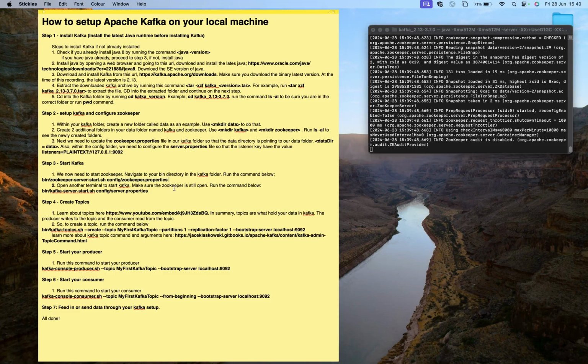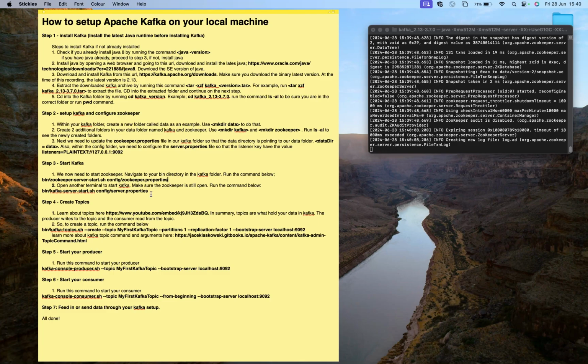That's some troubleshooting done here. So then once you've done that, open another terminal to start Kafka, to start your Kafka server properly. Make sure the zookeeper is still open. Once it's still open, we go to